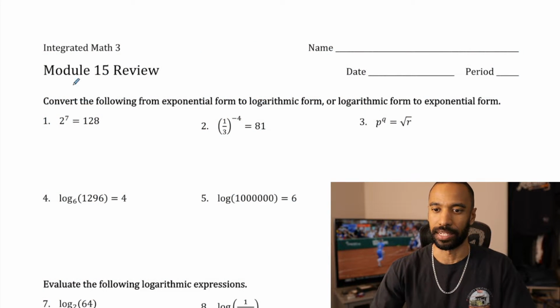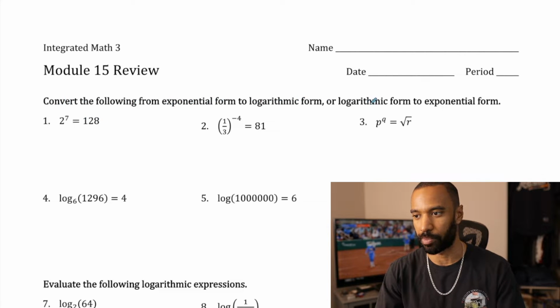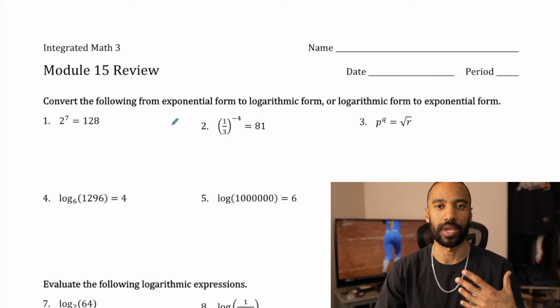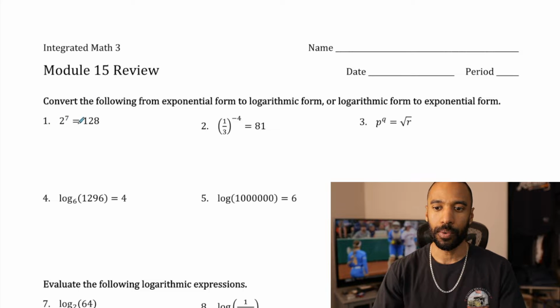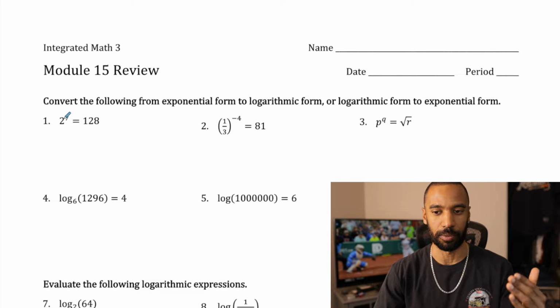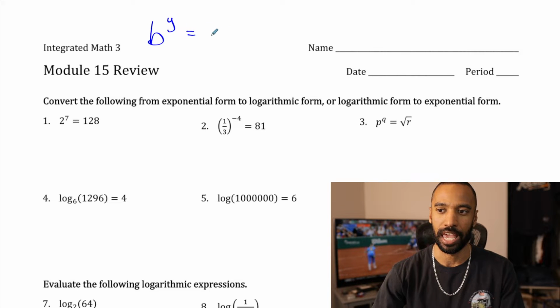So let's get straight into it, guys. I got a little review for you right here. Actually, before these, let's start with how to convert from exponential form to logarithmic form and vice versa. Let's make sure we understand what that conversion actually looks like. This is considered exponential form, where you have a base raised to a power and it equals some result. If I have some base b raised to some power y and my result is x, the conversion to this,